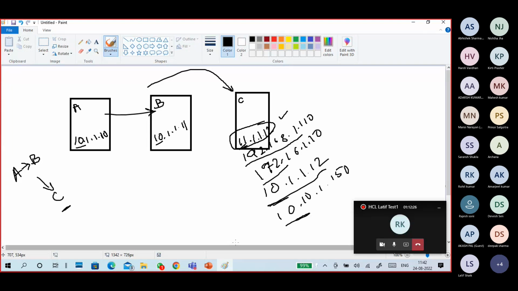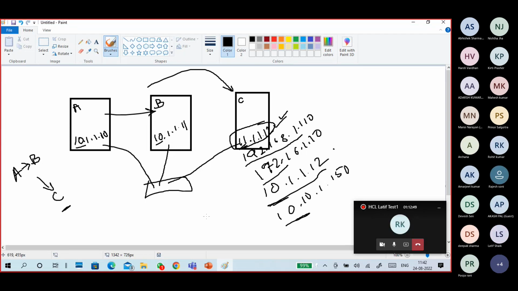First of all, if all are physically in the same network, it is better to change the IP address. Better to change the class C IP address. If in case you still want to use this one only, if you still want to use it,